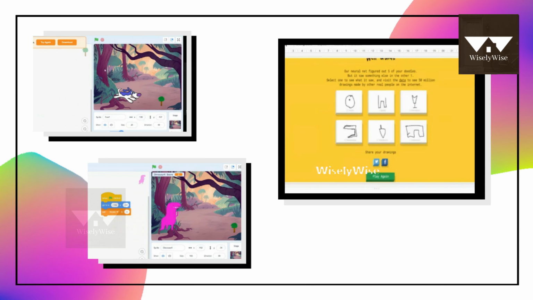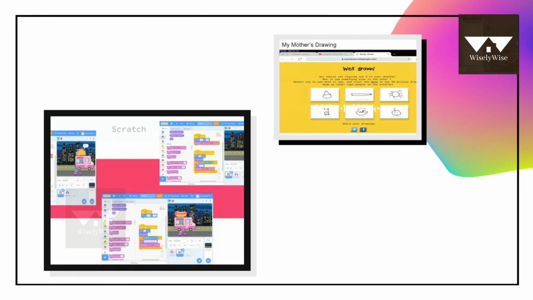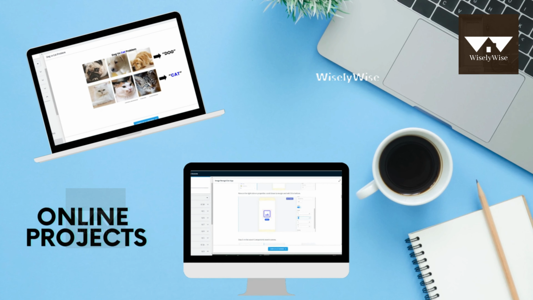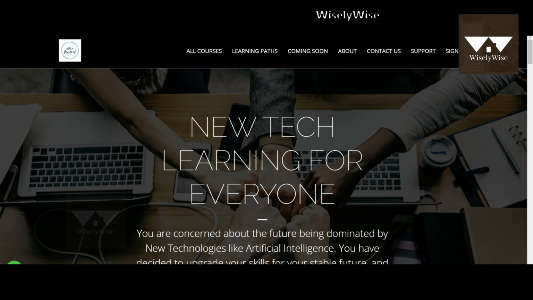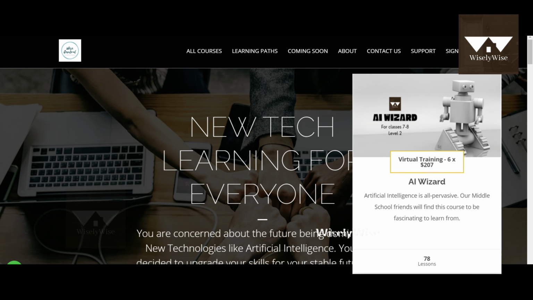After completing the course, students create their own digital portfolio deck, complete 2 projects, get a course completion certificate, get badges, and by the end of this course, students will be capable of creating advanced Scratch programs in artificial intelligence